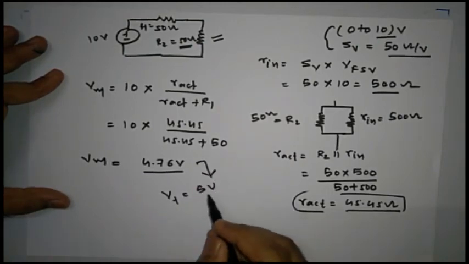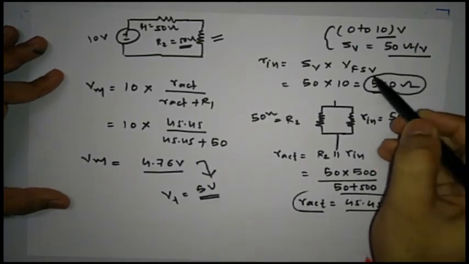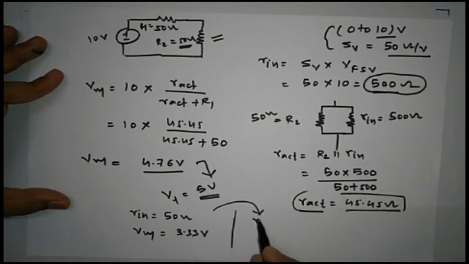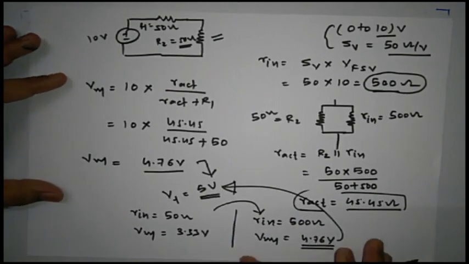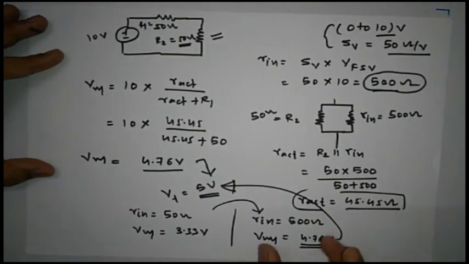That means we are moving towards our actual value. This is possible only when the internal resistance of the voltmeter is increased. Previously, when the internal resistance of the voltmeter was 50 ohm, the voltmeter indicated 3.33 volt. Now, when the internal resistance of the voltmeter is increased to 500 ohm, the voltmeter is indicating a value of 4.76 volt. That means we are moving towards our actual value. So this is the importance of the internal resistance of the voltmeter during the measurement process, and this effect is called